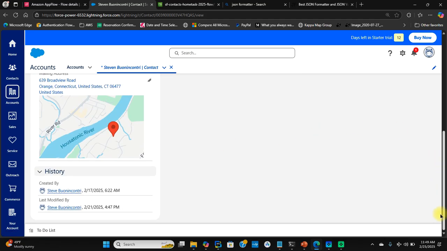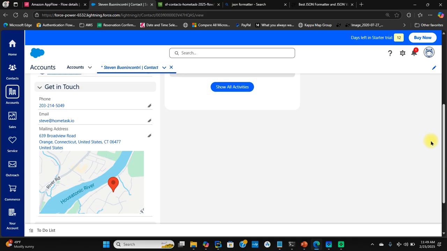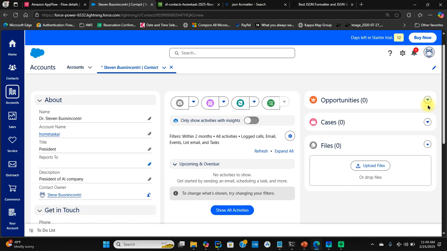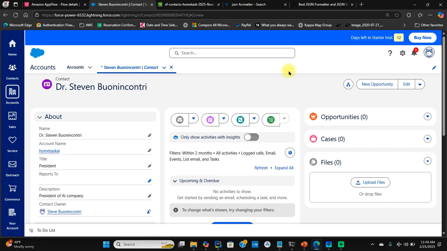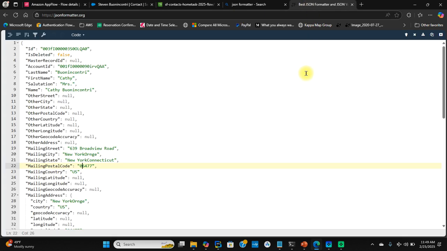At the moment, I have no idea how that got screwed up. We'll take a look at that later. I don't recall that happening before, but we'll have to take a look at that. So mailing street, mailing city, mailing state. Looks like it merged two records, but something went wrong. Anyway,